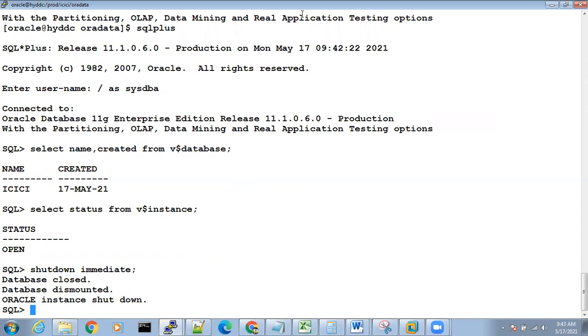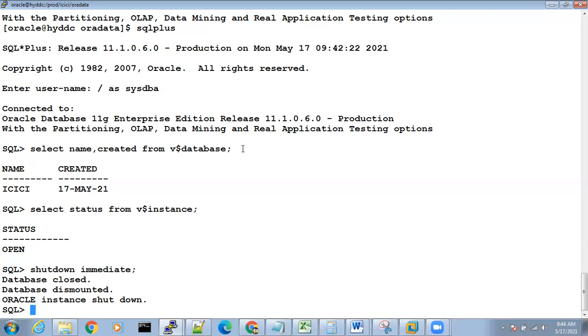How to have views, how to check the views, how to use select commands, everything will be done. These are just the initial sessions. How many views do we have, like v$instance, v$database, v$users?